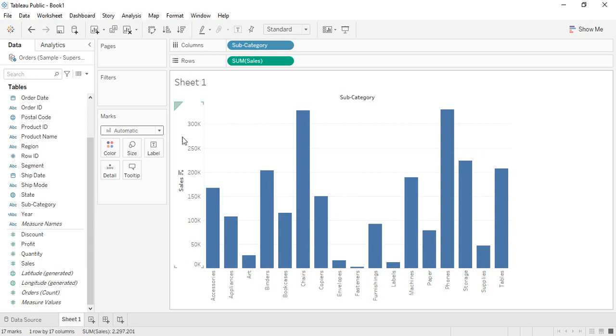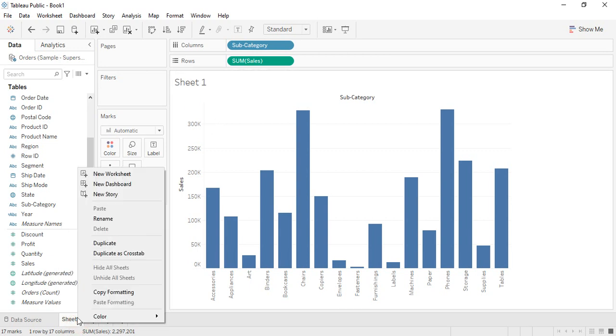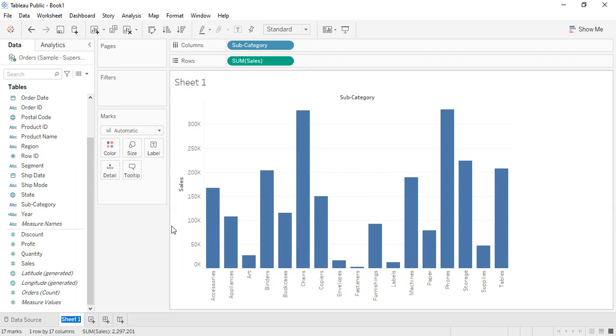So here, this is the visualization that's been created. This is the name of the sheet, that's by default Sheet 1, that's visible. If you want to make it more informative, you can just right click here and go to the rename option. So what is this sheet depicting? It is depicting subcategory wise sales. As soon as I changed this name, this heading also changed. So that means whatever the name of the sheet is, that's displayed over here.